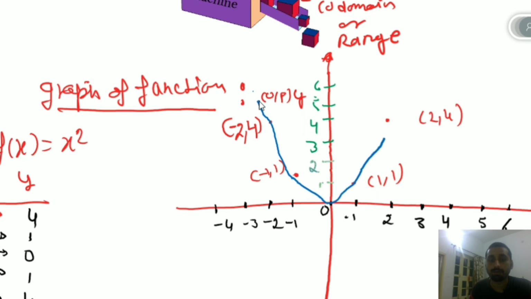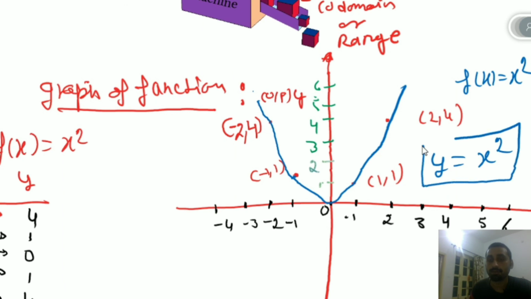So this graph will look like this. Okay, this is the graph of f(x) equal to x squared, where y is equal to x squared. This is the basic idea regarding the function, and in the next video we will understand